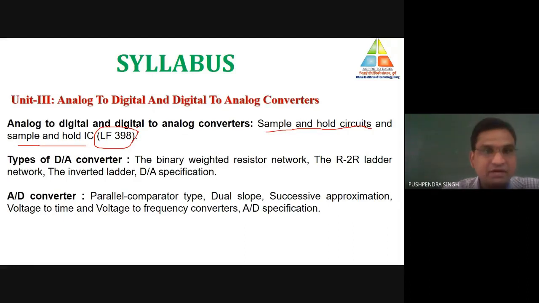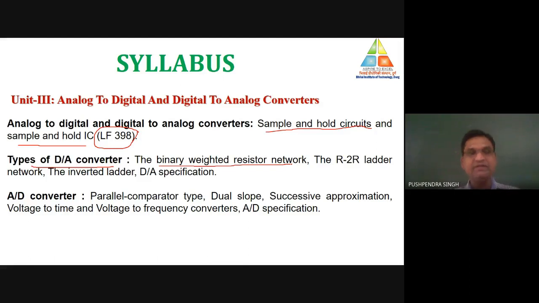Now the second part of unit number 3 is DAC, digital to analog converter. There are basically 3 types of digital to analog converter we will discuss here, or mainly we will use only these 3 types of DAC. The first DAC is called binary weighted resistor type network, the binary weighted type digital to analog converter. All 3 different kinds of DAC we will discuss one by one.